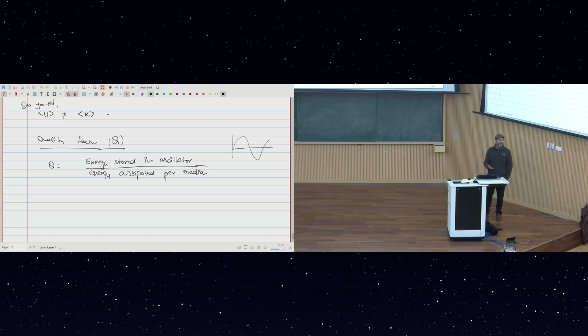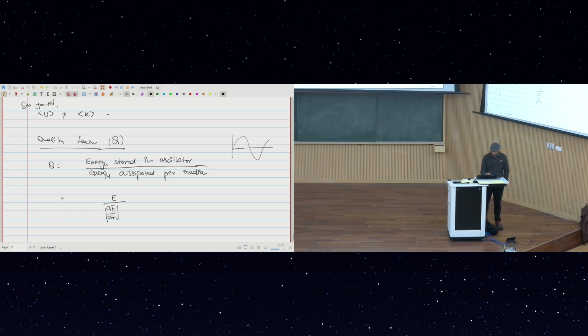Low Q. You want the energy to be dissipated quickly. But actually we don't even want an underdamped situation. We want an overdamped situation that we'll talk about sometime later, where there is no oscillatory solution. It just does stop. Okay. Anyways, so this is the ratio of energy, and then